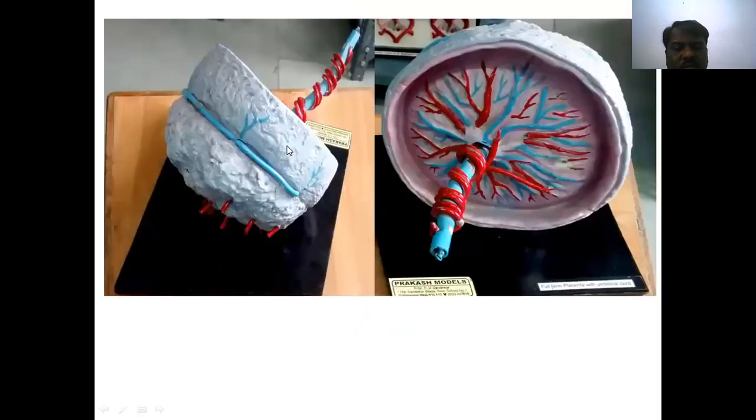See, this is the model of the placenta that is present in the Department of Anatomy. We keep the model in the viva. First, you can identify this is the maternal surface and this is the fetal surface. The fetal surface always has the umbilical cord. This is a ramification of the fetal blood vessels. Here the two arteries and one vein are shown, the left umbilical vein and the right and left umbilical arteries.